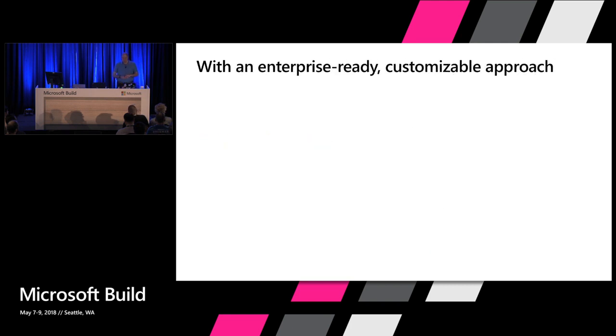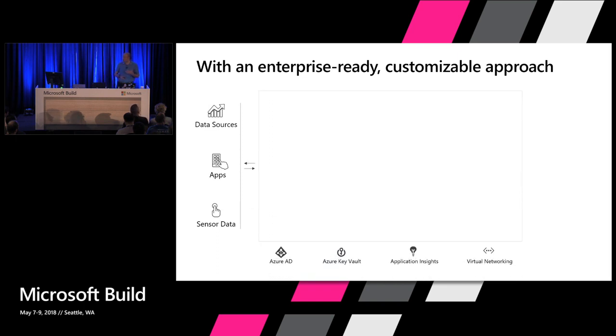Let me take you through this because there's a bunch of stuff. You've got your data sources and your users and your devices on the one end that are providing a set of inputs. Those inputs go to this set of resources that are in a resource group. AAD and AKV are used for identity and key management. You've got App Insights to understand what's gone wrong, if something's gone wrong, and then you're isolated in your own virtual network. And the first thing that receives those messages is an API endpoint that then delivers those in the right format to a service bus instance.